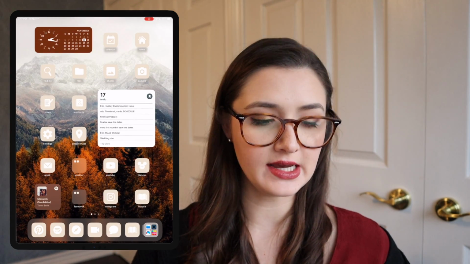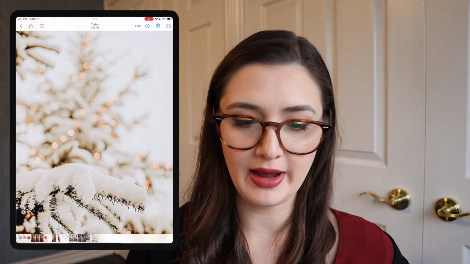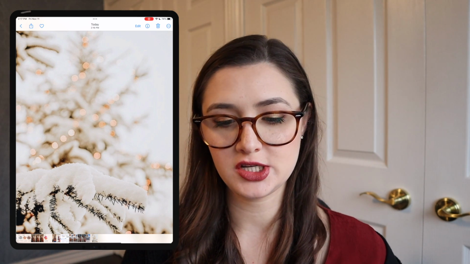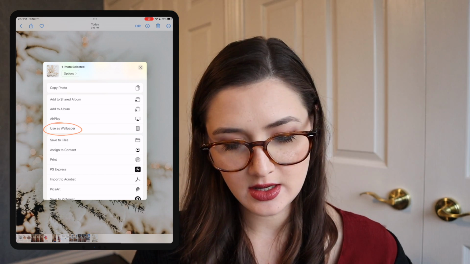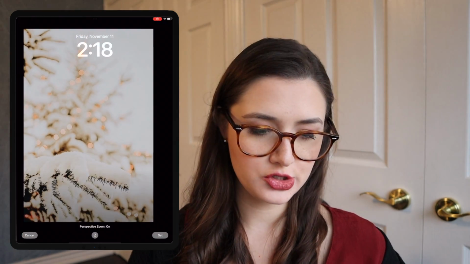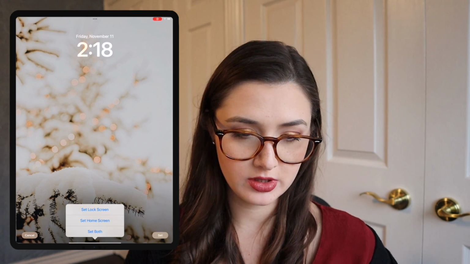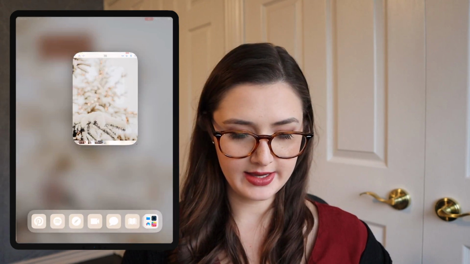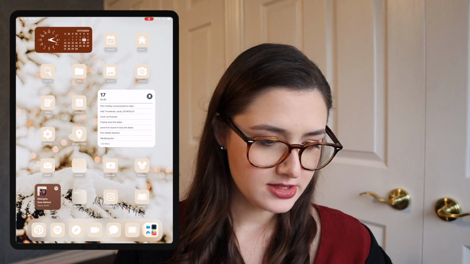I'm gonna download it and just play around, and also download a couple other ones. Okay, going into photos, this was one of the ones I selected. There's some warm tones from the lights, and I think that will match the cream icon that I have for my apps. To change your wallpaper, just hit the box with the arrow at the top and scroll down until you see use as wallpaper. And then you can drag it so that it works. I think I'm only gonna set this one as my home screen, not my lock screen, because it's just like a home screen background, not really a lock screen one. So I think I like that.